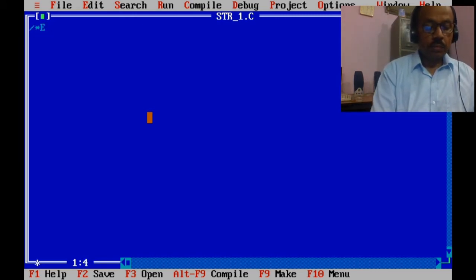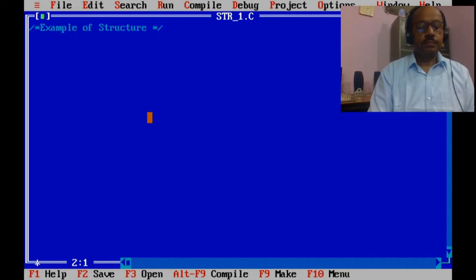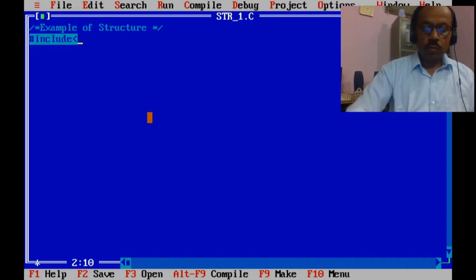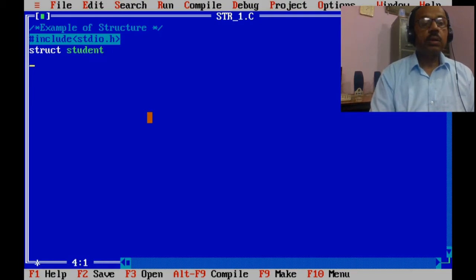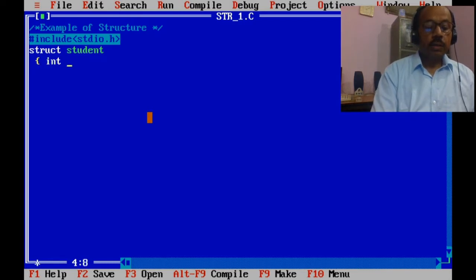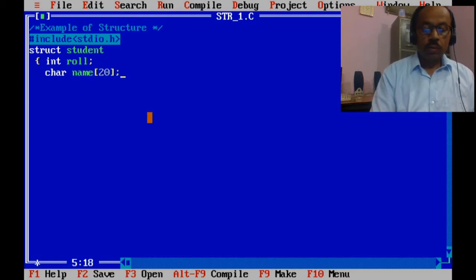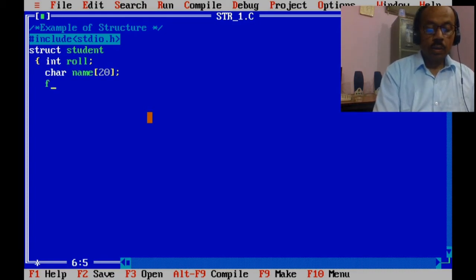Example structure. #include <stdio.h>. struct student, int roll, char name, float marks.